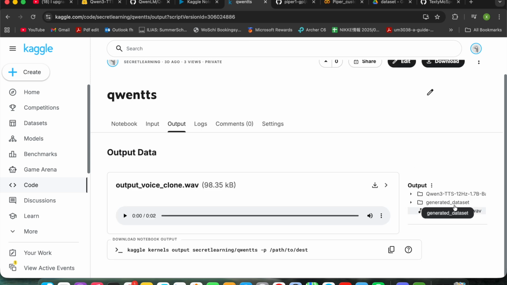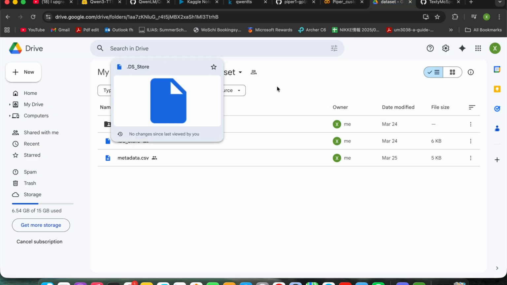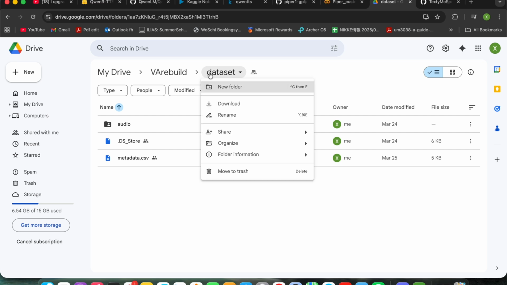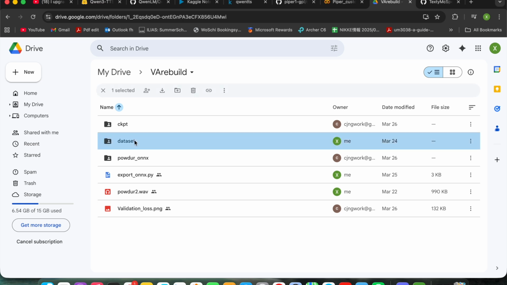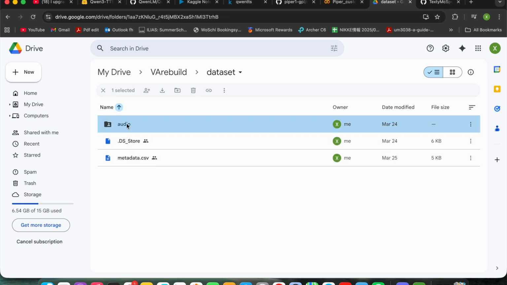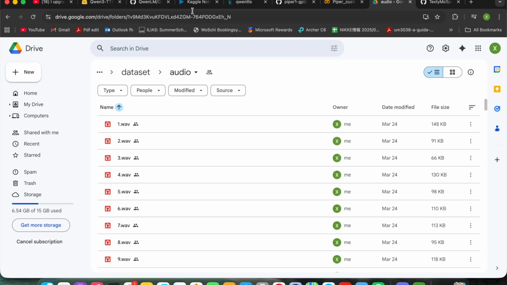You just download this data set, ignore these two, you can delete these two afterwards, and take this generated data set and also place it in your Google Drive. I have named it dataset, where inside my dataset I have placed the metadata and my audio inside here. Here is all my audio. After doing that,